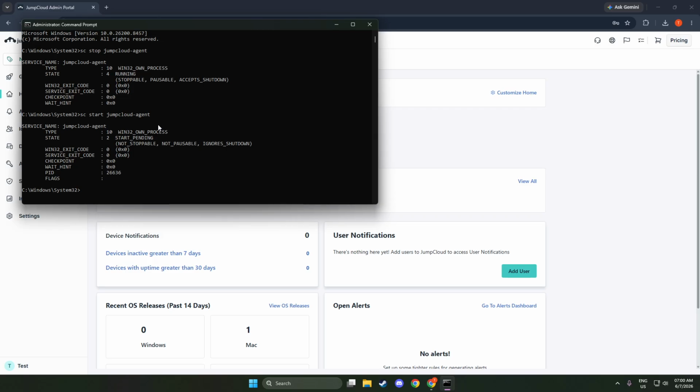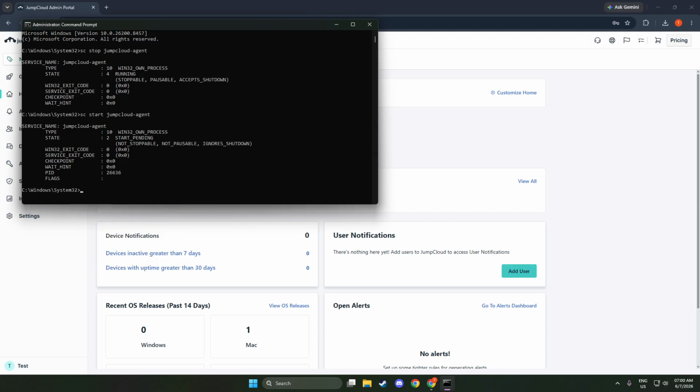If the commands complete successfully, but the agent still appears offline, the restart step has at least ruled out a basic service issue, which is a useful first troubleshooting action. Also, be careful to type the service name exactly as shown, since even a small typo can prevent the command